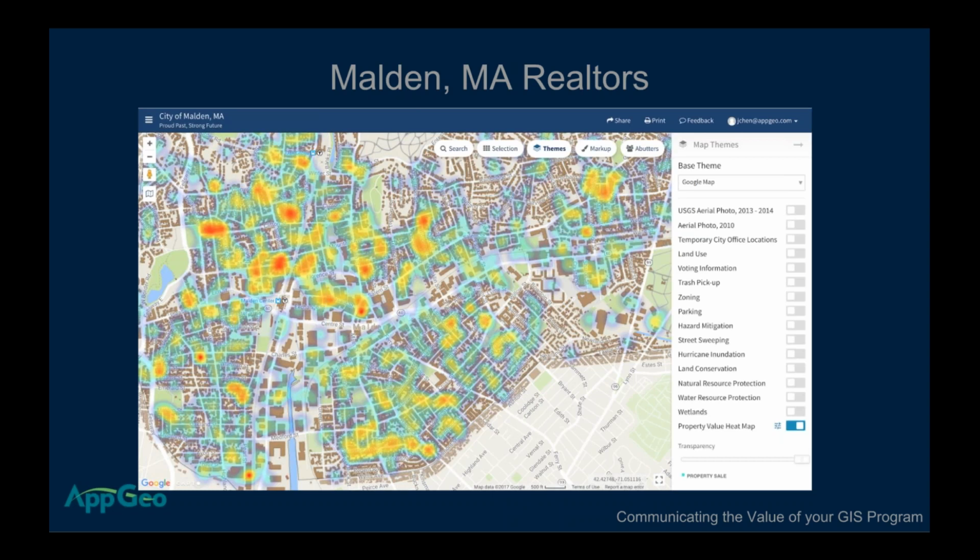So instead of sifting through loads and loads of data and tables, we were able to answer these questions for them spatially. MapGeo is powered by Carto, and we made a really cool dynamic heat map visualization on Carto. We were able to serve it on MapGeo and overlay it on existing parcel and property information. So with this really easy to access layer on Malden's MapGeo, we were able to help these realtors answer the questions they needed very quickly.